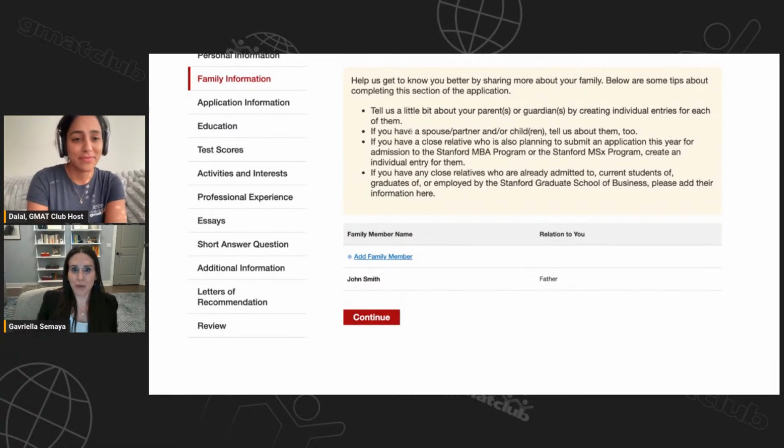sometimes questions about what's relevant. Is my cousin a relevant reference? Depending on the case, there may be cases in which that's accurate, but for the most part, it's typically your parents, your spouse or partner. If you have children, close relatives who are affiliated with the school, they ask you to put those in